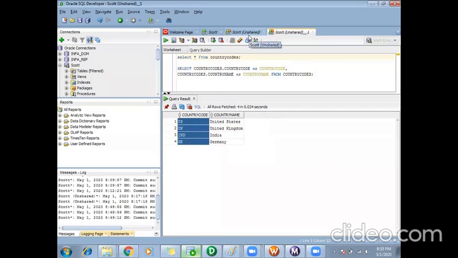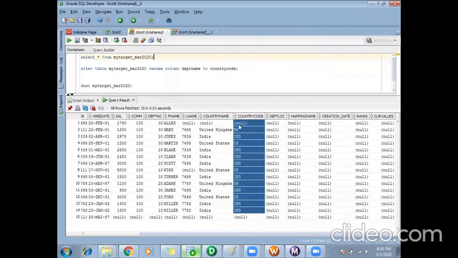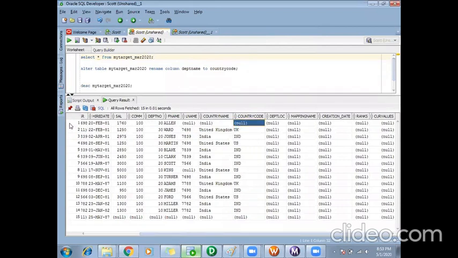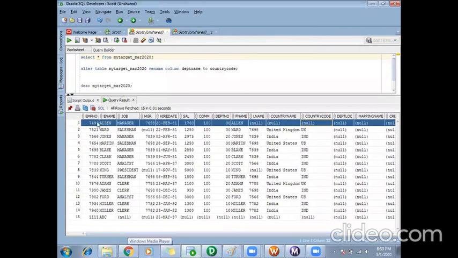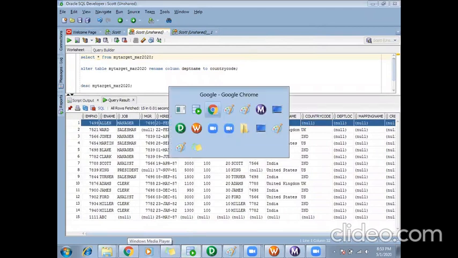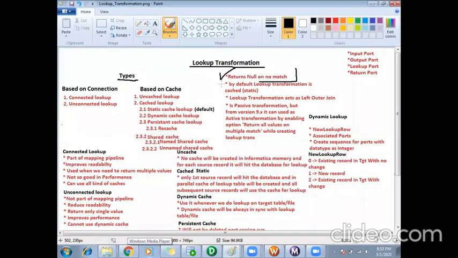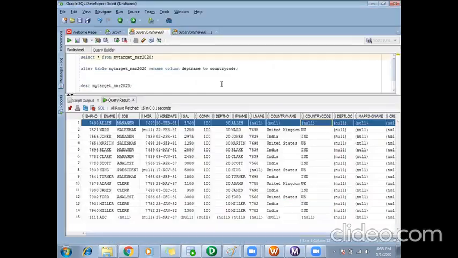So there was no match. Country name Europe is not equal to any of these country codes. So what it returned in my target is null for that particular employee, Alan. So whenever there is no match, it returns null values.